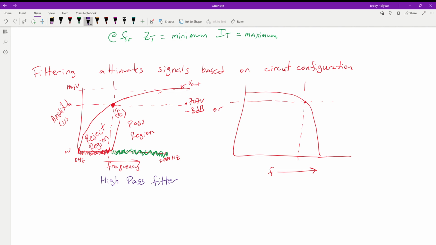This other waveform, again, we have our V out, we have our critical frequency, and this is also at 0.707 volts. We have our amplitude and we have our frequency. Anything above this imaginary 0.707 line is the stuff that we want. So this is going to be our pass region. Basically, we're passing those frequencies through our filter without doing anything to them. And then this is our reject region.